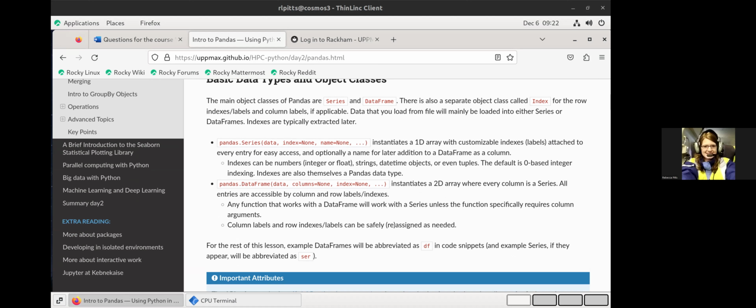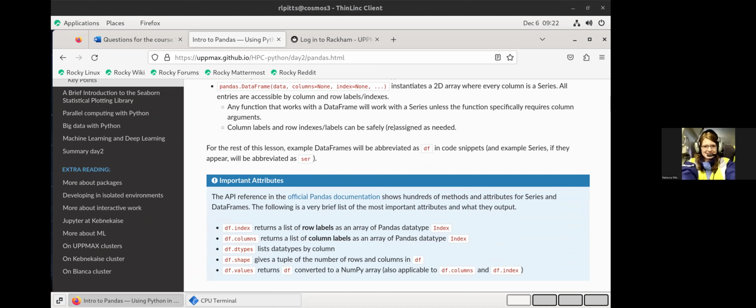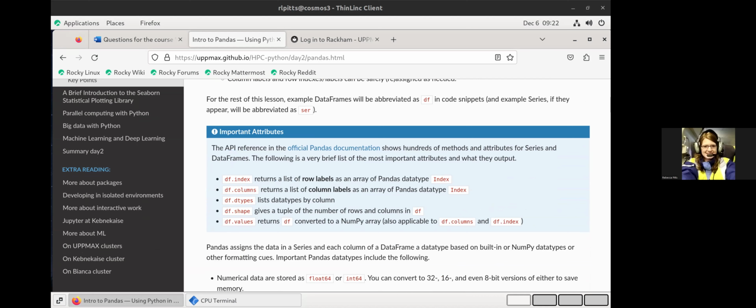You can also safely reassign labels and row indices as needed with a renaming function. For the rest of the talk, data frames will be abbreviated as DF. And if a series comes up, and I don't think it does actually, it'll be abbreviated as SER. There are literally hundreds of methods and attributes for series and data frames. I'll be covering many of the methods later in a lot more detail, but this is a very brief list